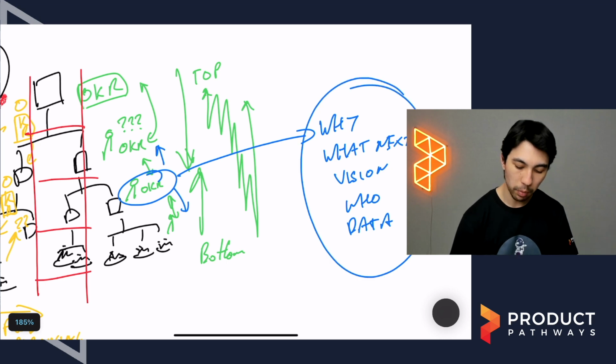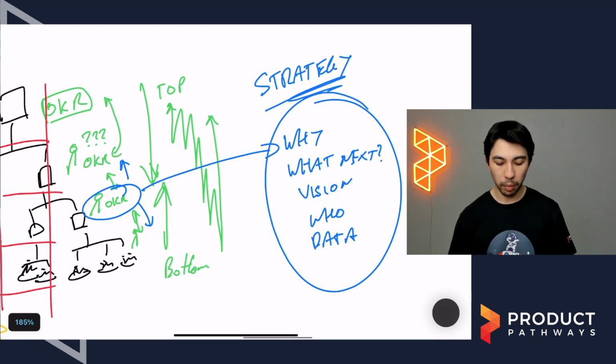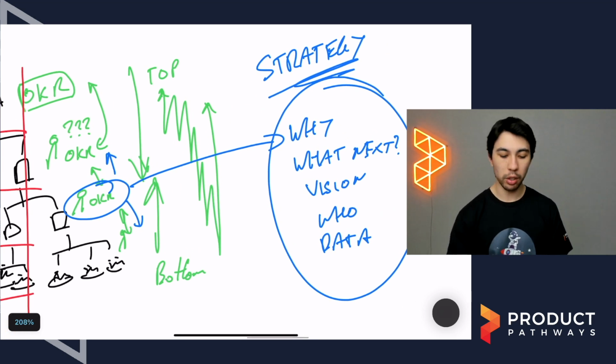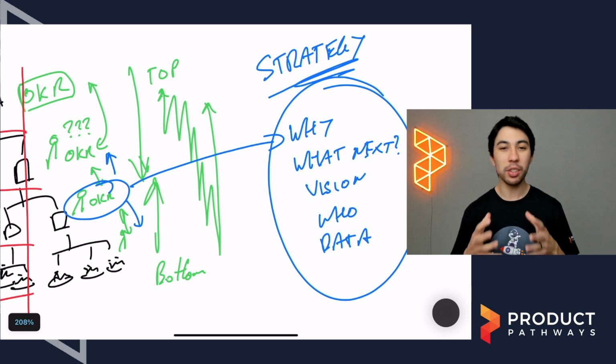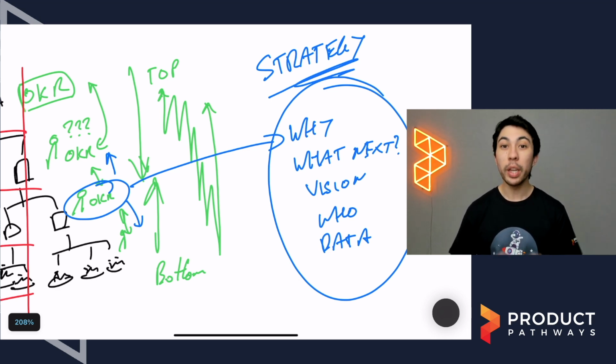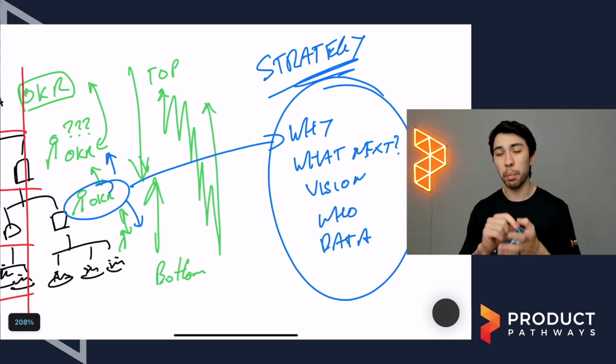And all of this is strategy. So what I mean by this is your OKRs don't exist in a vacuum. They are a representation or a model of your strategy. So how does that work? Well, you need to still have a strategy. Your OKRs can't just be plucked out of the air. They're not something that you just pick, right? They need to be informed by data, and they need to be actual strategic choices as an organization. We are going to focus on these objectives, and we're going to measure progress by these key results.